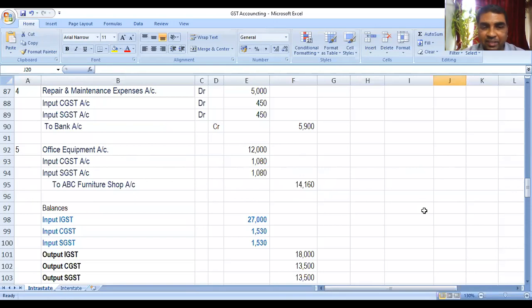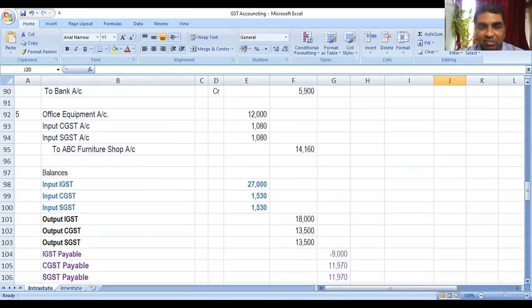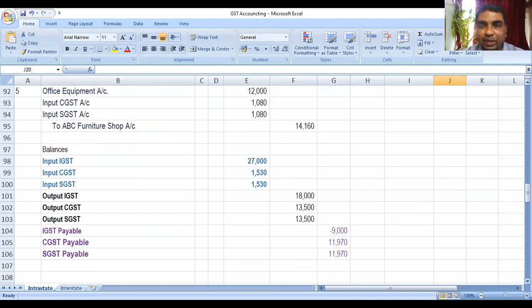We had discussed it earlier. Now the only issue is that in this kind of transaction, or in every organization, we need to do a settlement. We have to see how to settle our liability. At the month end, this can be done. Our input means these are our assets. As this much of current assets is there: under IGST 27,000, under SGST 1,530, under CGST 1,530.